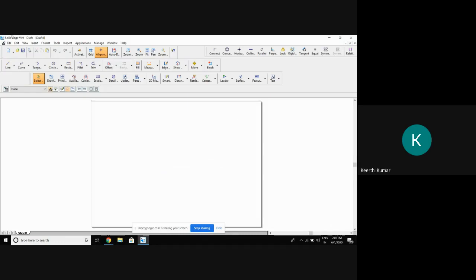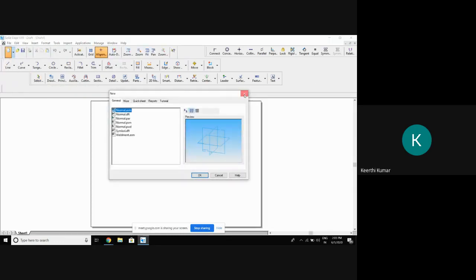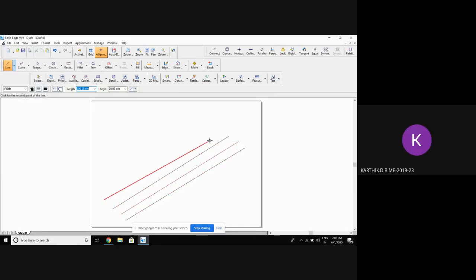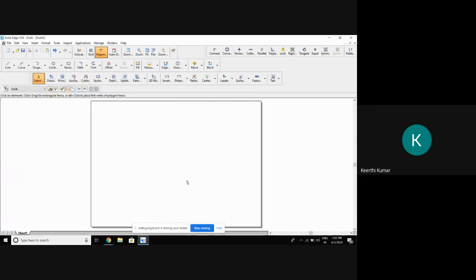How many of you are having a sketchbook? Can you please tell me? Or how many of you are not having a sketchbook? Hello? Sir, I'm not having. Sir, I don't have the sketchbook. Okay. If you're not having a sketchbook, okay, no problem. I'll explain for those who are not having a sketchbook. If I explain that with a plain sheet, those who are having a sketchbook can easily draw.